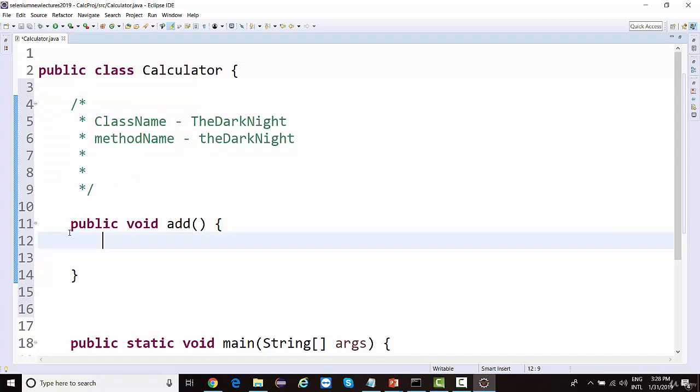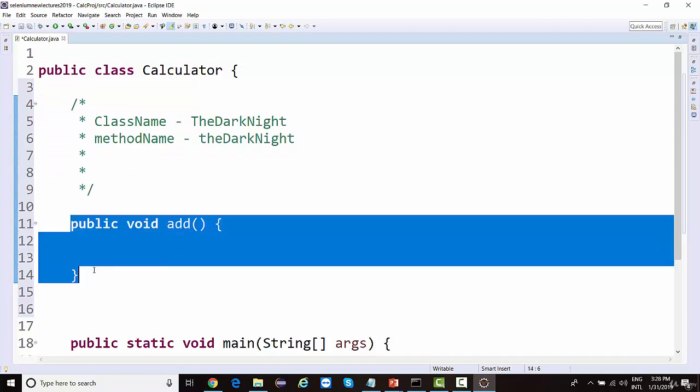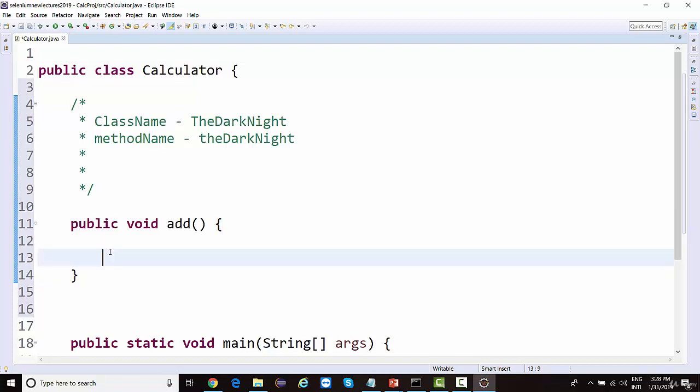So now we have created a method called addition. Now through this addition method, I'll be adding some numbers. So I'm gonna write some code inside it. If I call this method, it is going to add some numbers. But right now we haven't studied much programming, so what I'm gonna do is print something. Let's say I'm gonna print over here, adding some numbers, right? So it means when you call this add method, it will add some numbers.